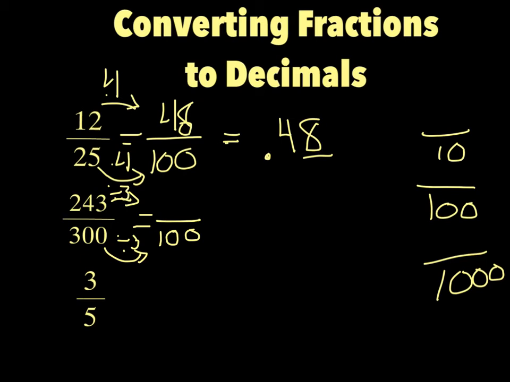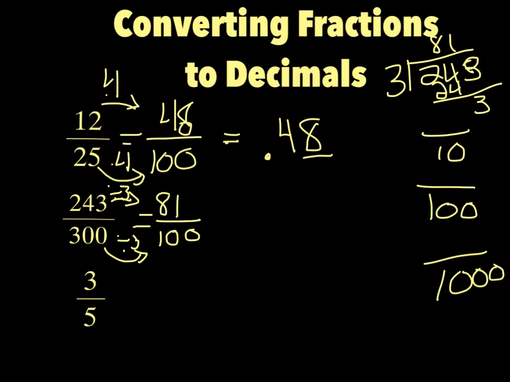So if I'm going to come over here and work this out, 3 goes into 24 8 times, which leaves me with 24. Bring my 3 down. 3 goes into 3, so it goes in there 81. So I can say that's 81 hundredths. So once again, you have